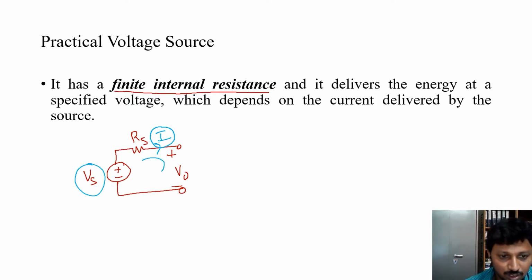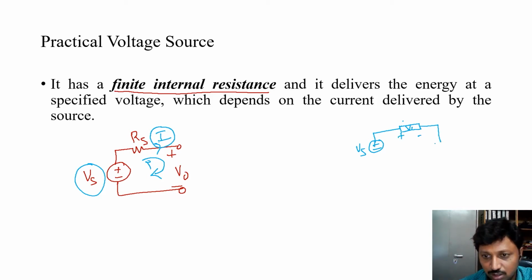First, let me apply the KVL. KVL means the algebraic sum of the voltages around a closed loop is 0. I will explain here. Suppose this one is a plus. Here one voltage source is there, here also one voltage source. That is V1, so I put a plus and minus. Here also one voltage source, that is V2, and I am going to put a minus and this one a plus. So this is a closed path.